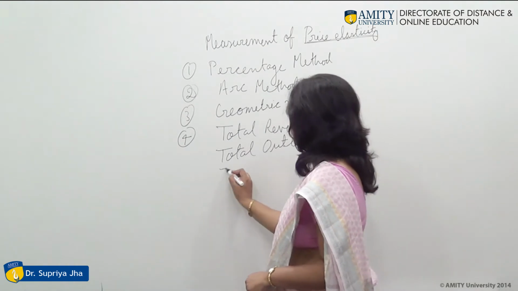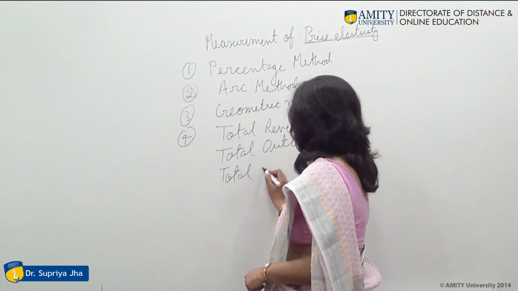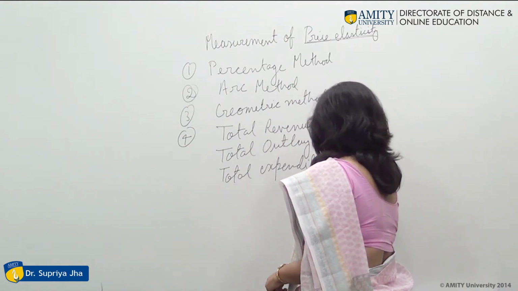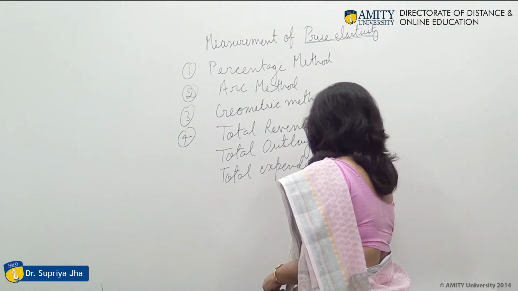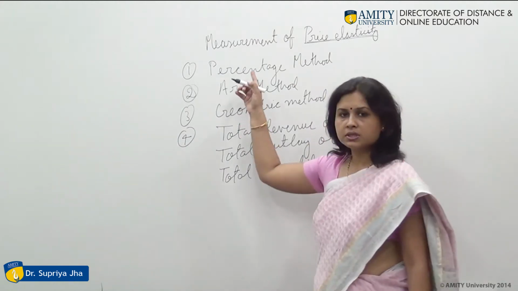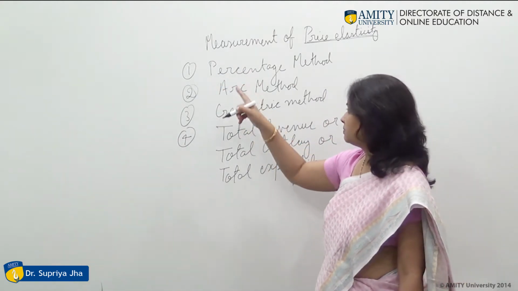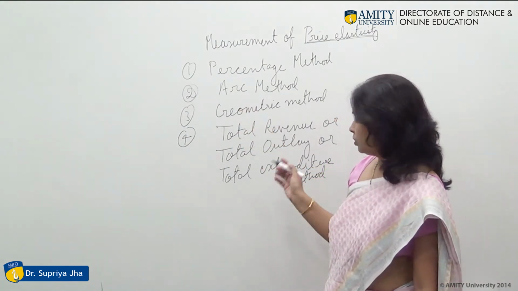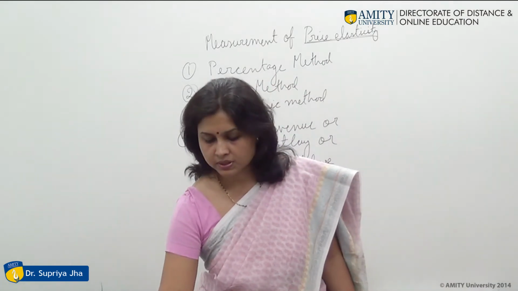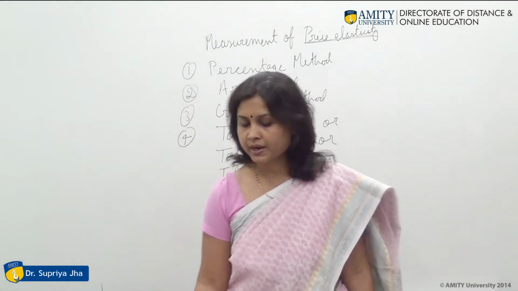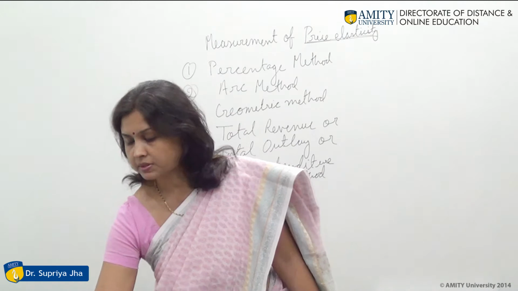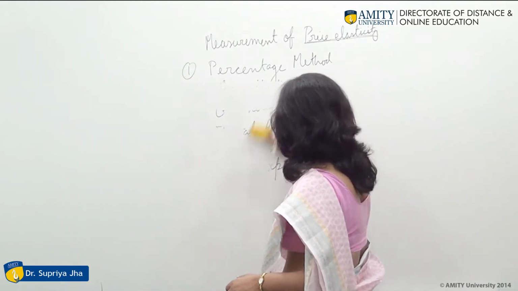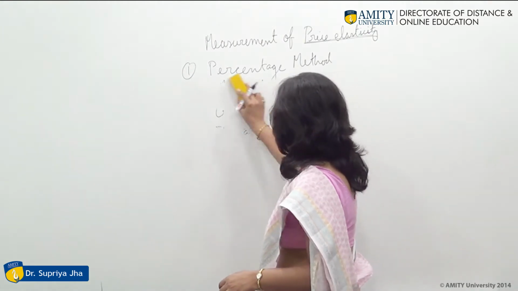Or total expenditure method. Same thing. So we are going to discuss one by one what is percentage method, arc method, geometric method, total outlay or total revenue or total expenditure method. The first method, which is very common for measurement of price elasticity of demand, is percentage method. The formula for calculating the percentage method is